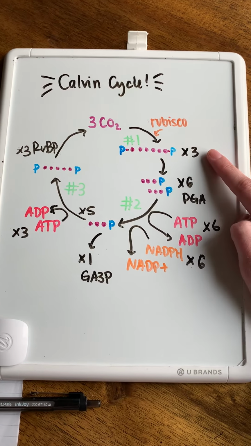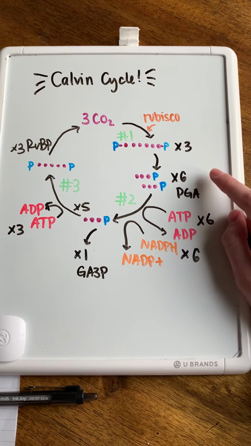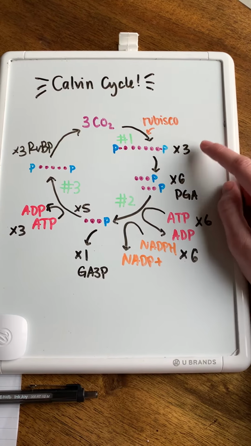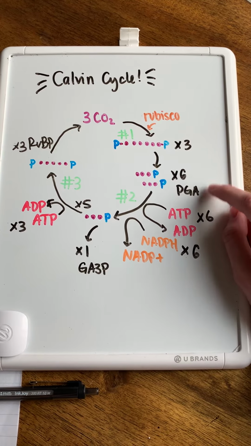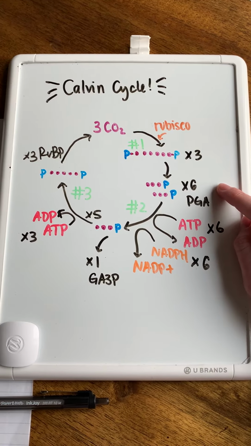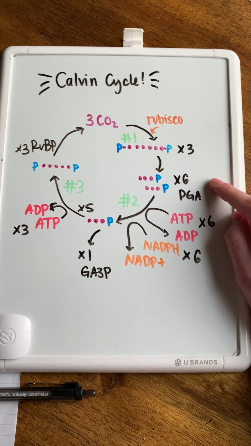But it's a pretty unstable molecule, so it'll actually break up into 2. It'll give us 2 phosphoglycerate for each one of these molecules, so we end up with 6 PGA in total. And that brings us to our second stage in the Calvin cycle, which is the reduction